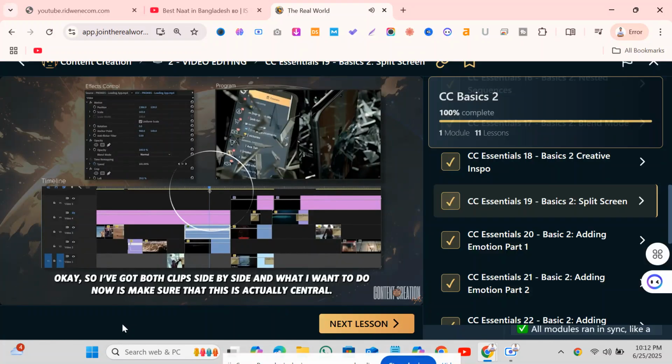Okay, so I've got both clips side by side, and what I want to do now is make sure